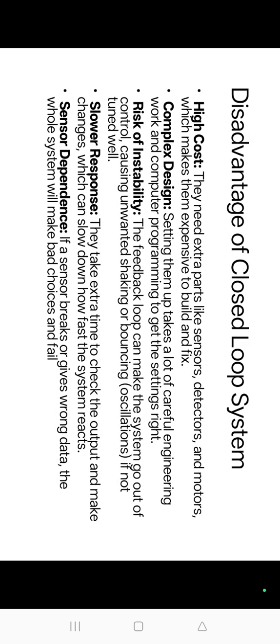Disadvantages of closed loop systems: High cost. They need extra parts like sensors, detectors, and motors, which make them expensive to build and fix. Complex design. Setting them up takes a lot of careful engineering work and computer programming to get the settings right. Risk of instability. The feedback loop can make the system go out of control, causing unwanted shaking or bouncing